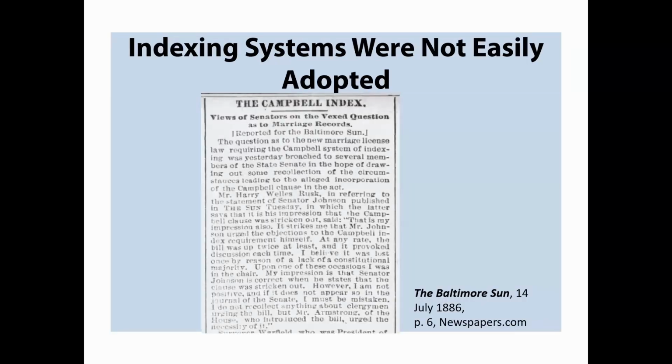and they were not always easily adopted. So indexing was very much a big industry that we find, especially when you get into the later 19th century, where many companies would approach many different clerks. And there were a lot of discussions in the newspapers that you find about how the indexes were being used,